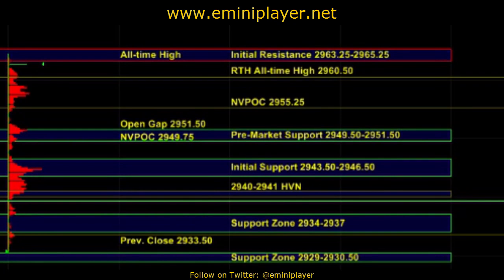So in the overnight session, we saw a breakout continuation move that has pushed ES back up to the previous all-time high at this 2963 quarter to 65 quarter zone. The market has shown much more strength than we even anticipated, and at this point